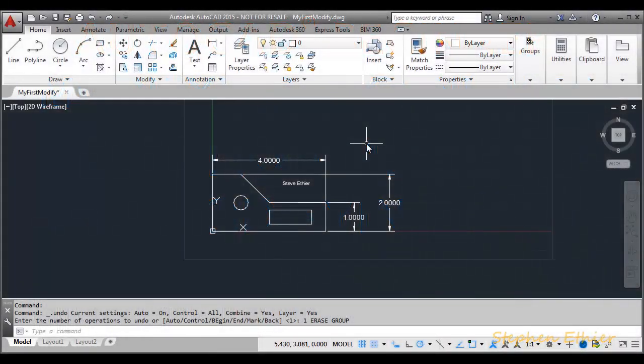Open My First Modify if you haven't done so already. Picking, windowing, and crossing are the more common methods of selection of objects, but there are even more selection methods that are more specific to task. Let's use the help to see a list. Go up into the help box and type in Select